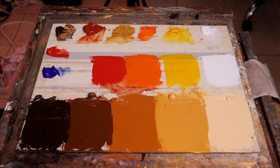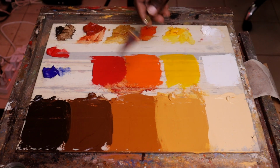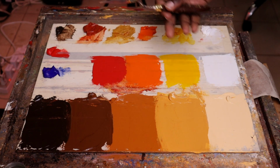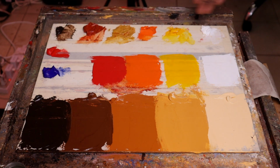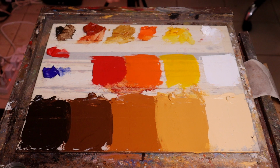Now if you're painting, say, a white person's skin or somebody whose skin isn't this dark as the model we're using for this example, just know that all the colors you need are in this selection right here. Forget the blue, I was just using that to demonstrate how to get these two colors if you don't have them. But with these 7 colors over here, you can mix pretty much any skin color you want. So this is basically a nice palette for mixing the skin tones for a portrait as the one I'm using